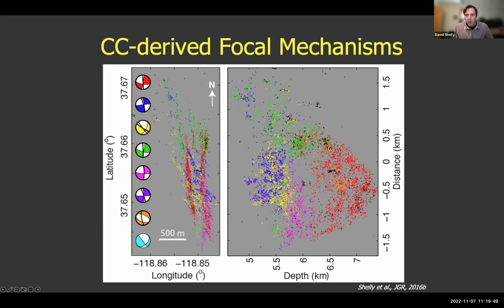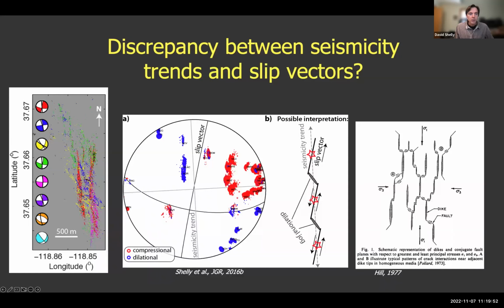So one of the interesting aspects of this is that we see evidence for a small but persistent mismatch between the faulting orientation as defined by the focal mechanism and the orientations defined by seismicity. And I didn't mention it before, but the black line overlaid on these focal mechanisms is a visual estimate of the seismicity orientation associated with these. So this mismatch,